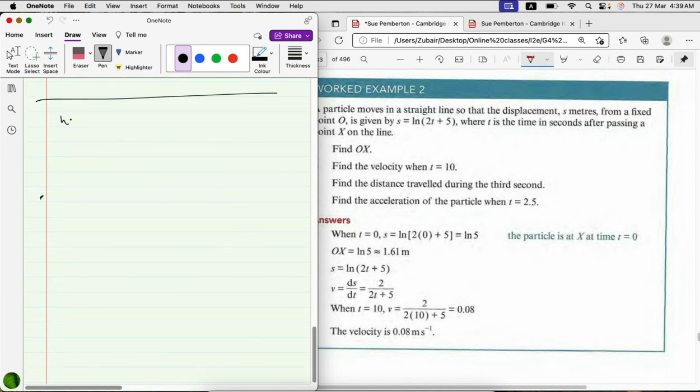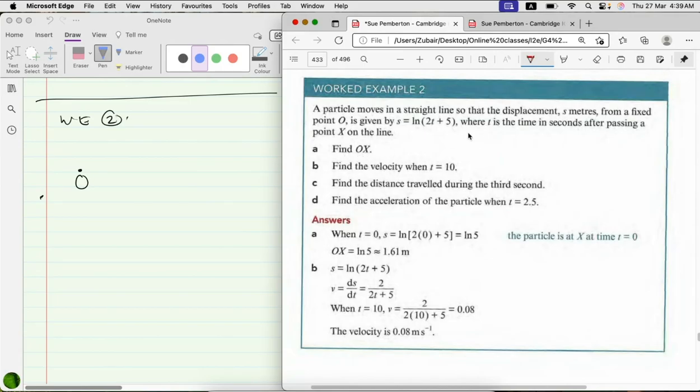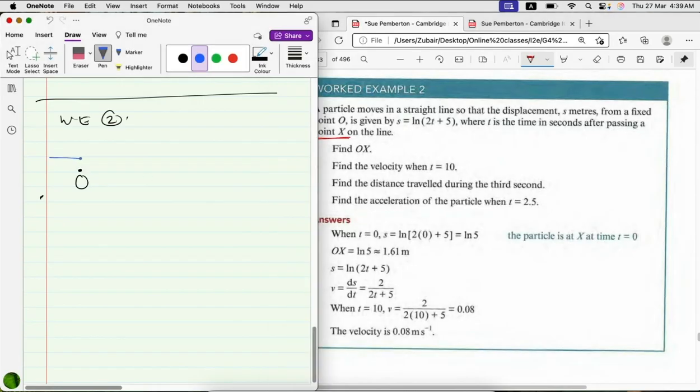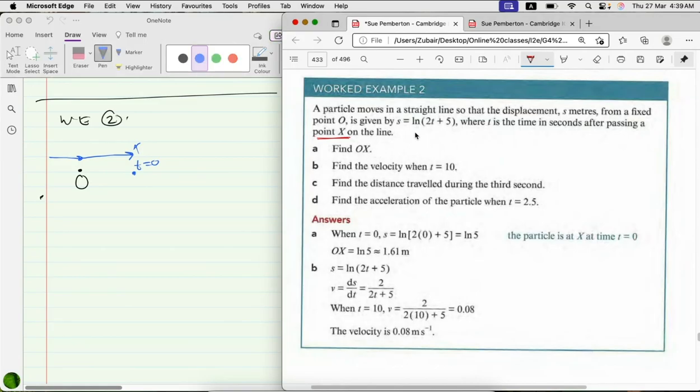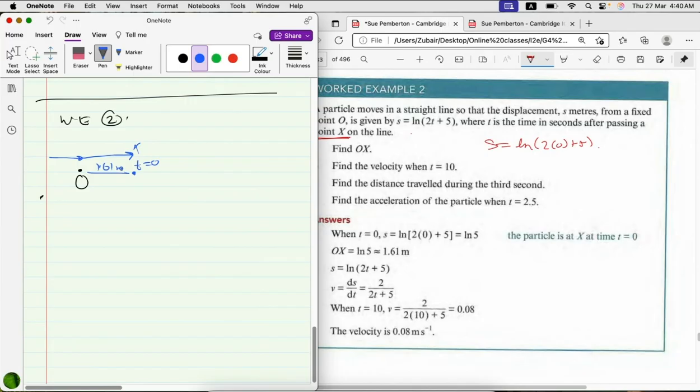So this is worked example 2. Let's say this is O, and OX is the distance where t is the time in seconds after passing point x. After passing point x, not O. So the particle is moving, it crossed O, but then it crossed x. Their time starts. So how many meters away is x? Displacement is ln(2 times 0 plus 5), so this is ln 5. ln 5 is 1.61, so it is 1.61 meters away